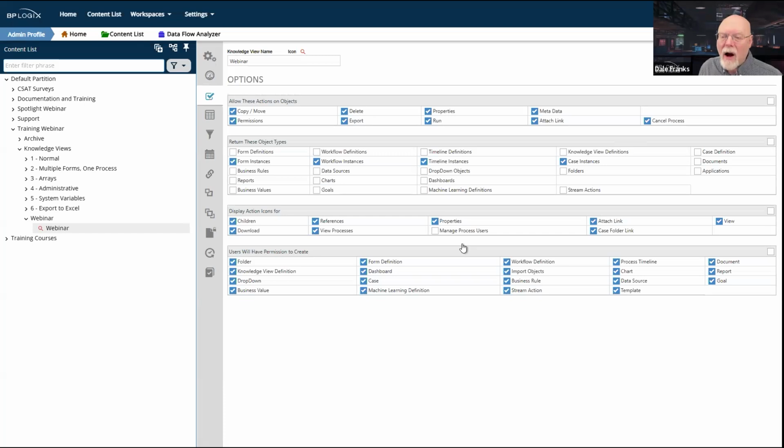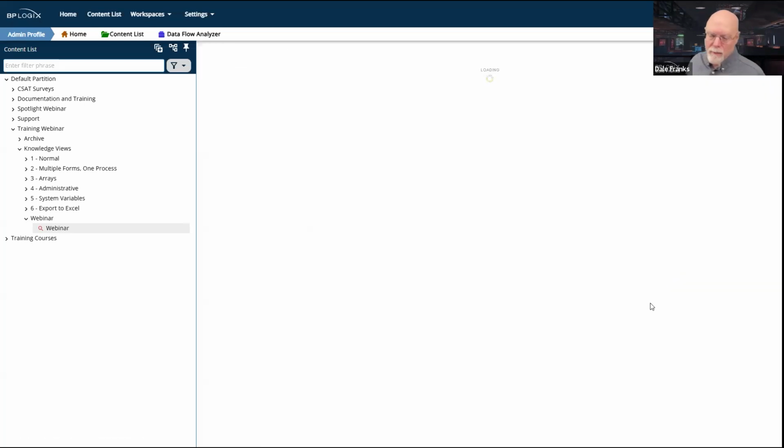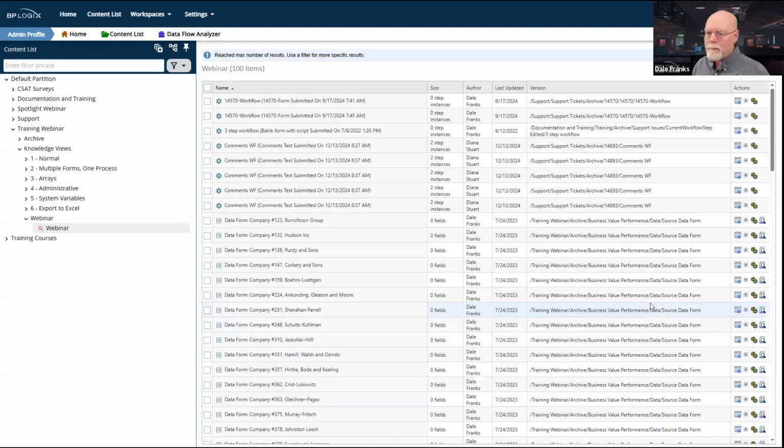So for right now, I've got a whole bunch of options selected. Let's look at my knowledge view. Let's talk about some things I don't want to see on a knowledge view that I'm creating for end users. Also, I don't want to show this version of the knowledge view. So we're going to have to make a change here so that we can see the two possible different UI conventions that you'll see in a knowledge view.